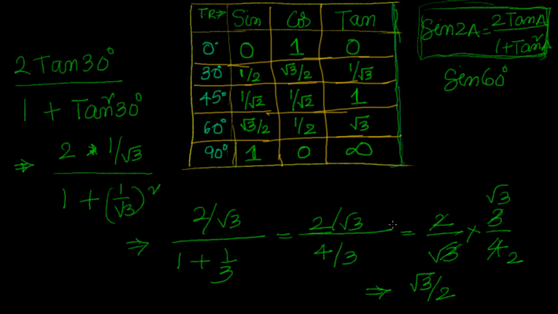So I'll stop here. In the next video, we'll go through some more problems, or we will go through the trigonometrical identities. That means, what is the relation between sine and cos? What is the relation between secant and tangent? And what is the relation between cosecant and cot? So you can go through your textbook with these specific values of sine, cos and tan. You have this table ready with you, so you can do any problem. You only have to substitute and do the simplifications very carefully. That's it, nothing more.